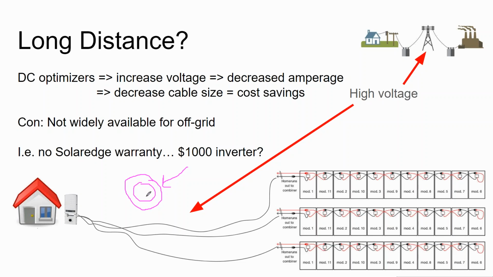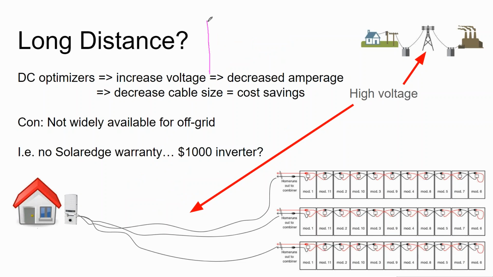What really drives up the cost of cable is not the jacket so much, but the copper inside. Remember, power equals volts times amps. Amps is more closely related to the copper inside. Volts is more related to the jacket rating. You know, it's not so linear a relationship, but generally speaking.